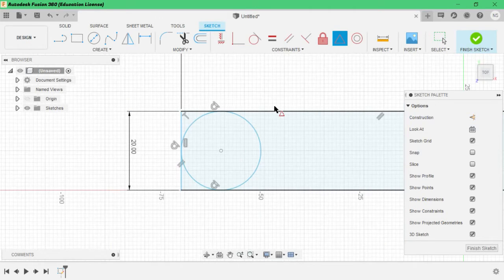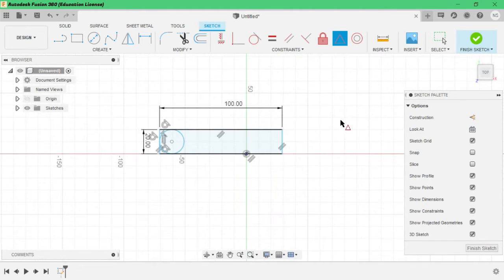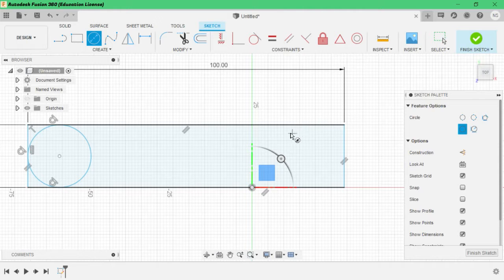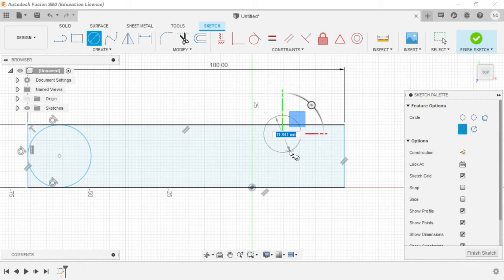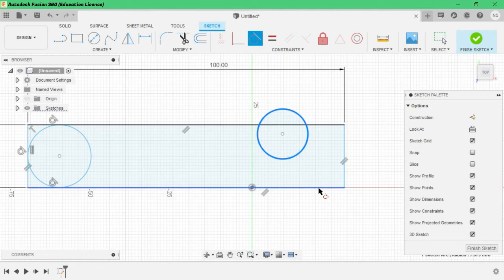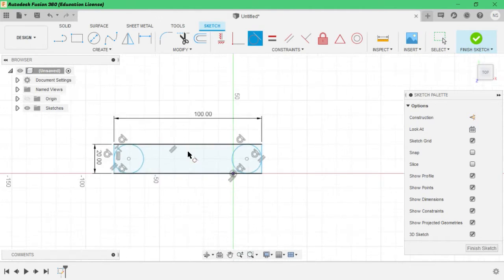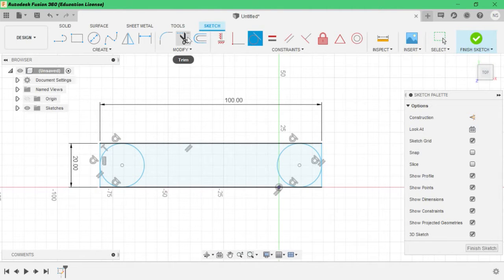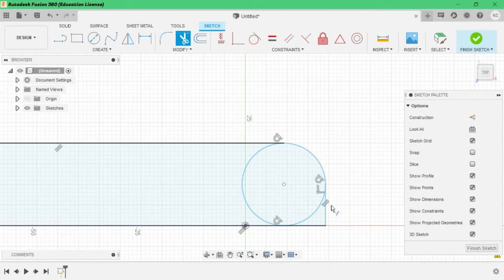Now what I am doing is I am creating a clip now. So again create another circle, and make it tangent to this line, and again tangent to this line, and again tangent to this line. See, it's very perfect. We have defined it, and click on trim to create the curvatures. Trim.